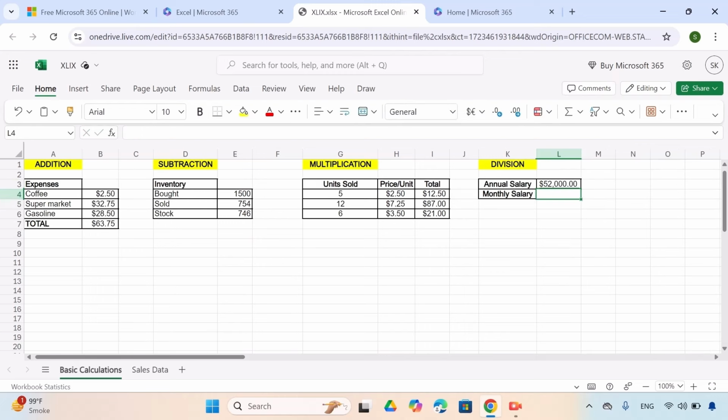So to calculate the monthly salary of a person, we would divide the annual salary by 12 months of the year to get the monthly salary. So click on L4, start with an equal sign, L3, slash 12, and now click enter. So we have a result of